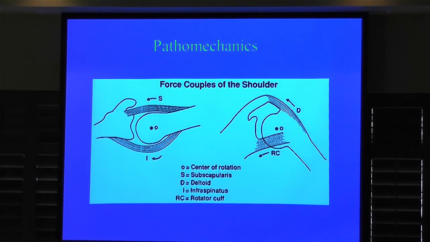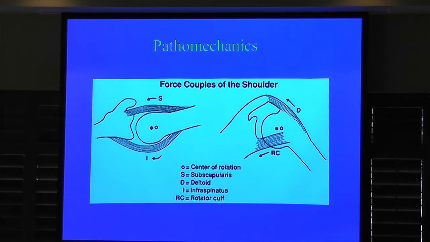So we talk about the pathomechanics, or how the rotator cuff affects the function of the shoulder, and we look at things in the transverse or axial plane. This is the front of the shoulder and this is the back. This is the subscap tendon and the infraspinatus. These contract and they keep the head here centered on the glenoid. In order to optimize the biomechanics, with the center of rotation and function of the shoulder, we need the humeral head here centered on the glenoid. And the rotator cuff tendons do this synergistically in front and back,